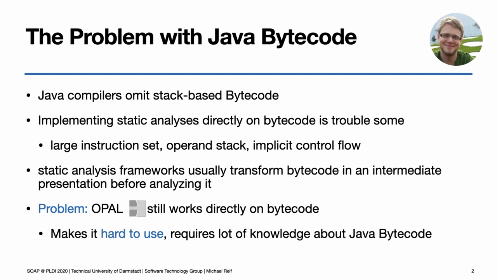We want to implement static analysis, and doing so directly on bytecode is quite troublesome. That is because bytecode has a lot of different instructions actually doing a similar thing, and one also has to take care of Java Bytecode's operand stack and its implicit control flow. That's also the reason why most static analysis frameworks for Java usually first transform Java Bytecode into an intermediate representation